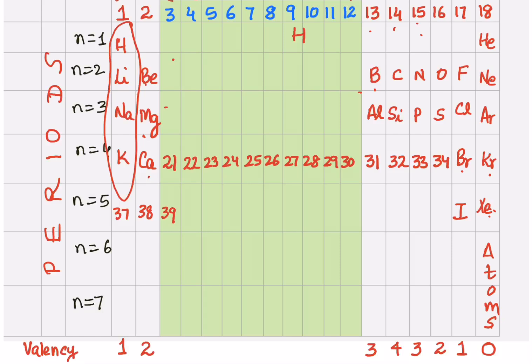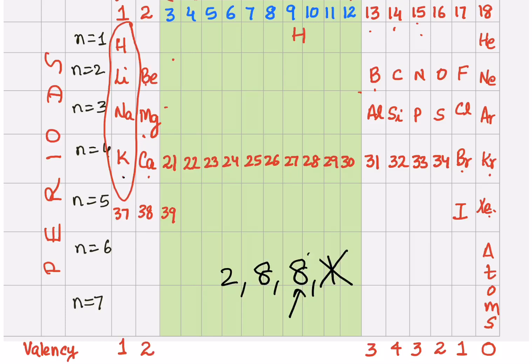You can also understand the valency by the concept, how many electrons does an atom need in order to have 8 electrons in the valence shell? So for example, we take the case of potassium. Electronic configuration of potassium is, go ahead, tell me, it's 2, 8, 8 and 1, right? If it gets rid of this 1 electron, it will have 8 electrons in its valence shell. So the valency of potassium is 1.